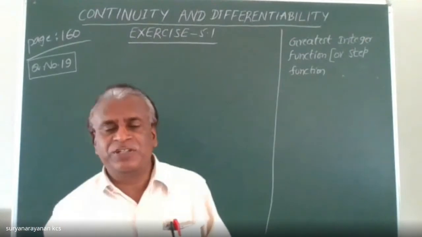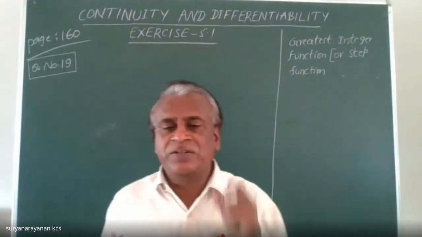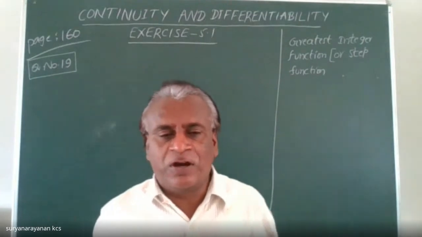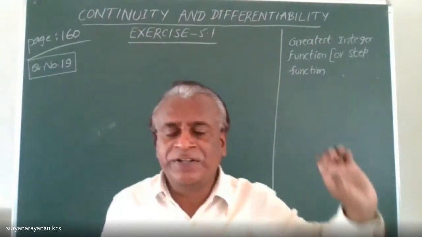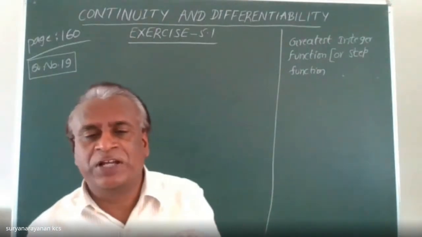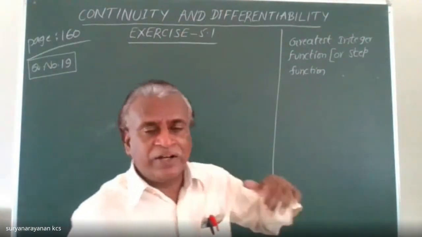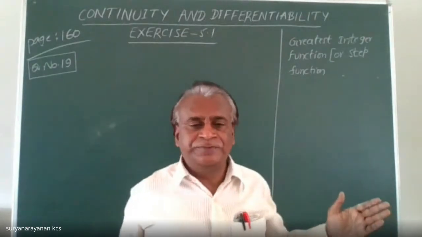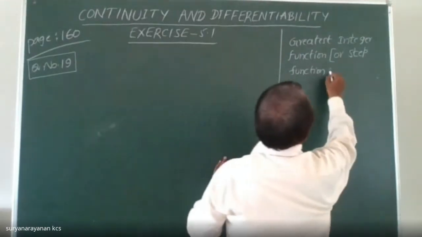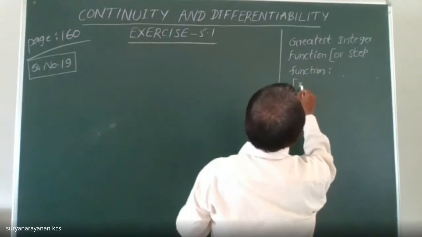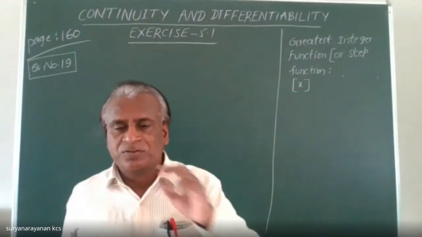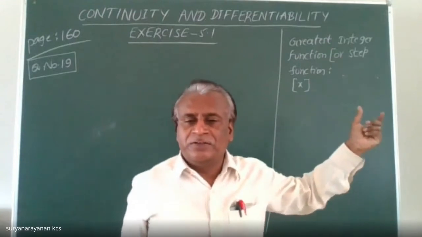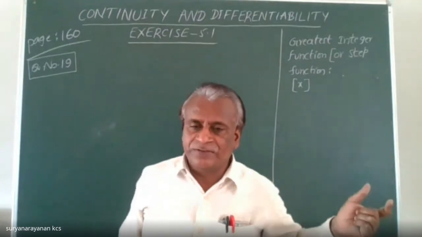Now come to question number 19. This question is based on the concept of the greatest integer function, also called the step function. In your earlier class you have studied that it is denoted by square brackets like this. So we define the greatest integer function as,